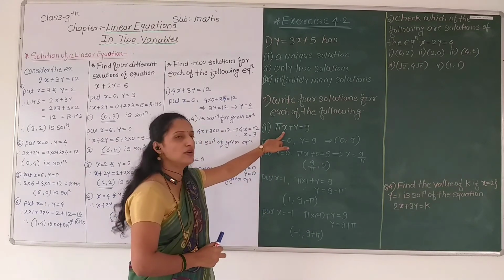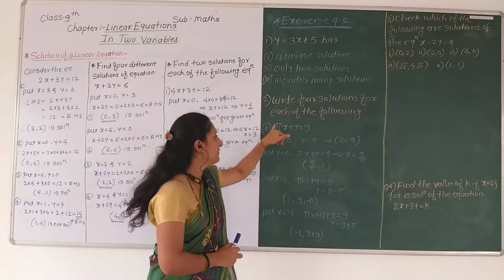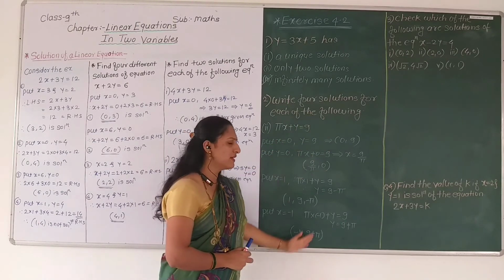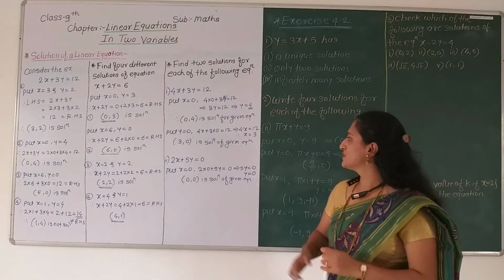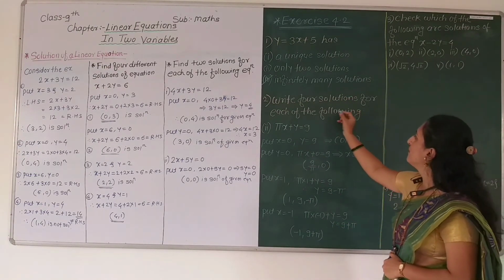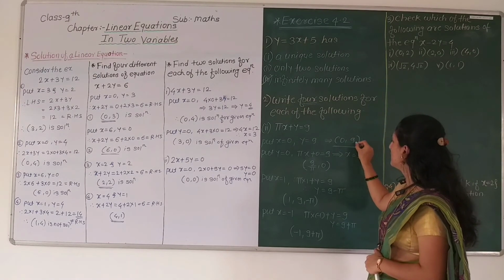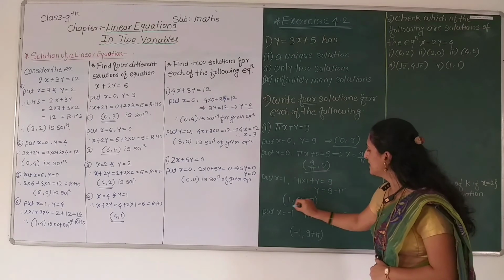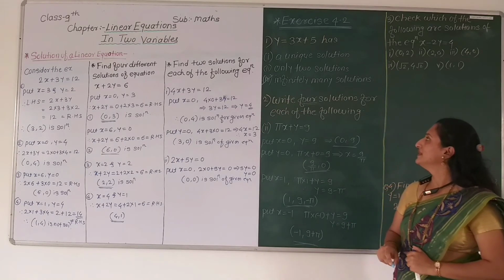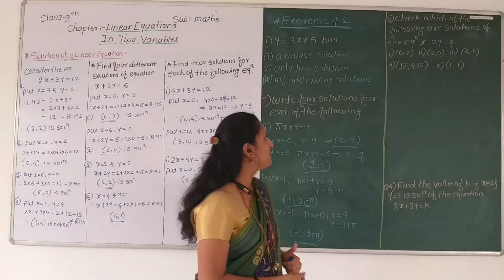If I substitute x is equal to 2, we get the value of y is 9 minus 2 pi. If I put x is equal to 3, we get the value of y is 9 minus 3 pi. So in this way we can find infinitely many solutions for this equation. But they have told us to find only 4 solutions for this equation. So here we find out 0, 9 first solution, this one is second, this one is third, and this one is fourth. Okay, so every linear equation of 2 variables has infinitely many solutions.